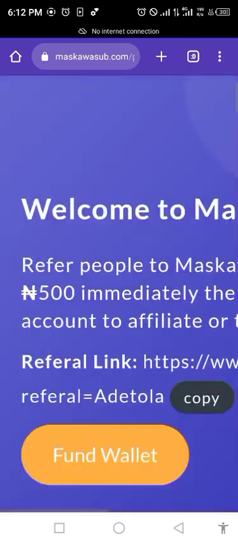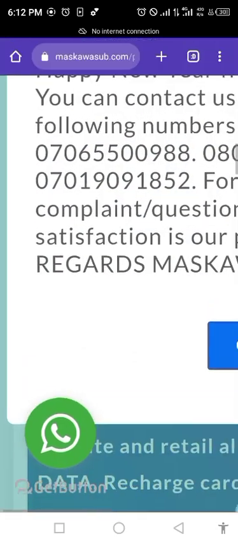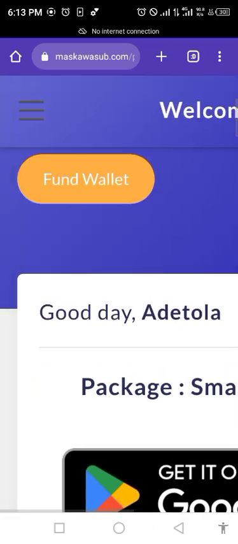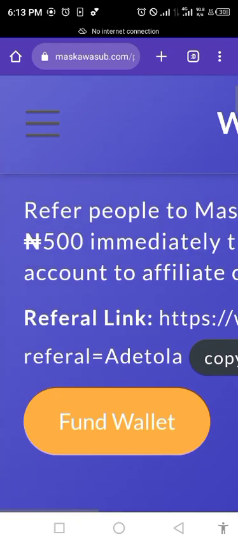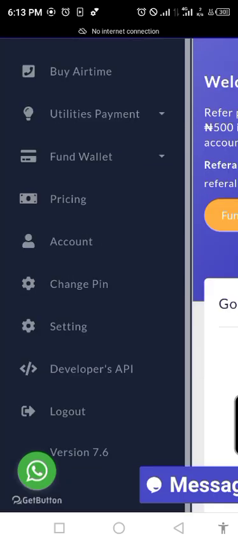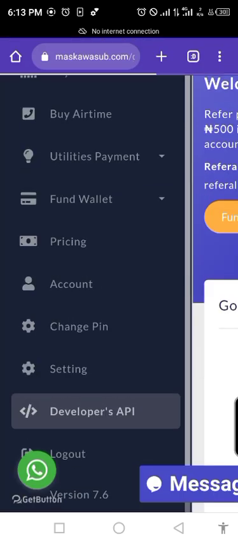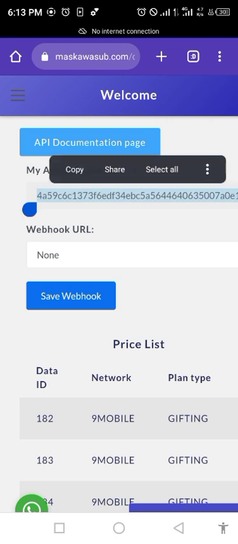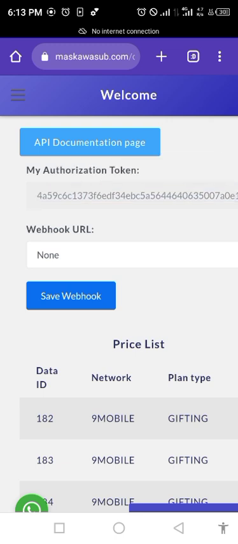Then the next thing is to come to developer API on the menu. All you need to do now is copy this token. Copy, simple, and go back